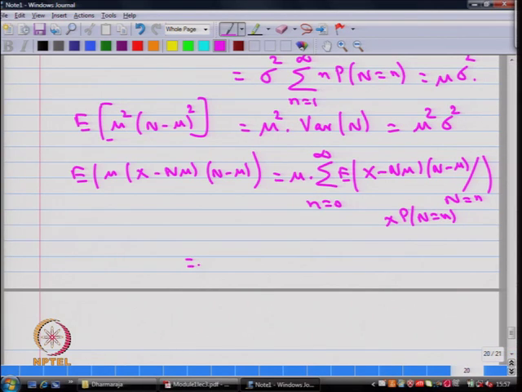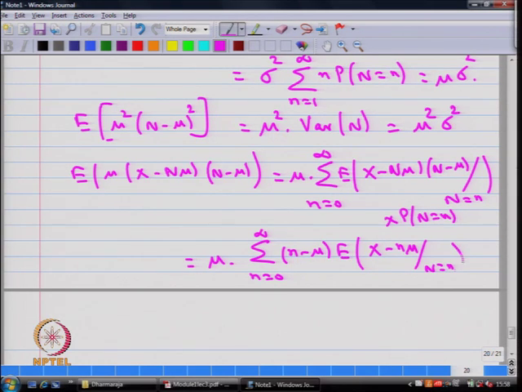So, if you simplify, you will get mu times summation n is equal to 0 to infinity n minus mu expectation of x minus n mu given n takes a value small n multiplied by probability of n takes a value small n,